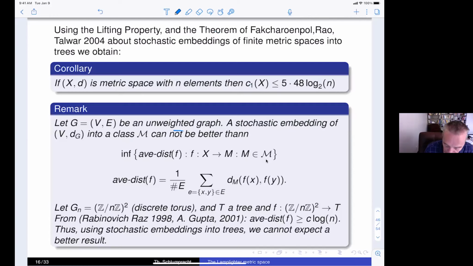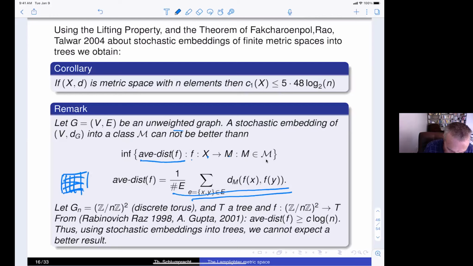if you have an unweighted graph and a stochastic embedding, you can also compute the average distortion. We have a mapping from X to n, and you compute the average distortion. And then, using the fact that circles behave very badly when embedded into trees, you can use the result of Rabinovich-Raz or Gupta, that if you take the discrete torus,